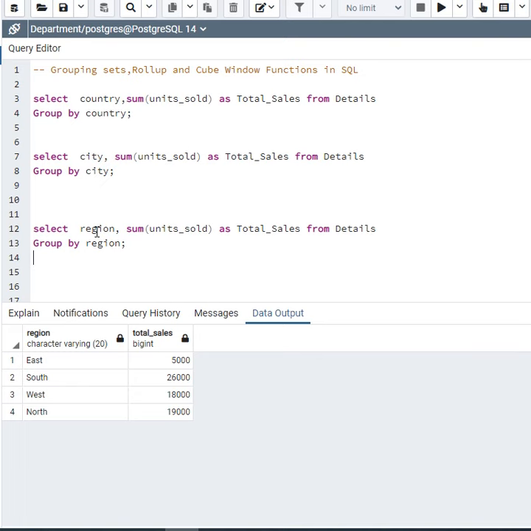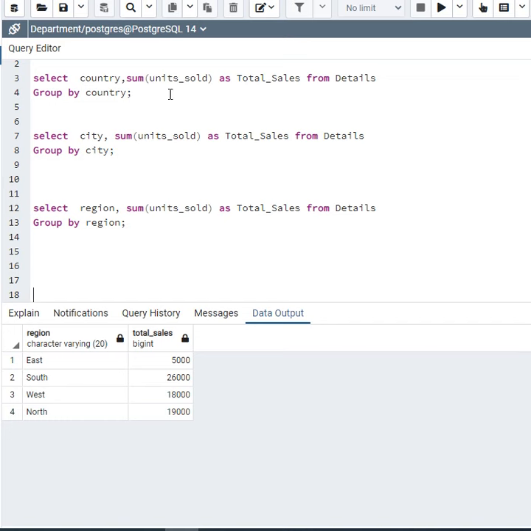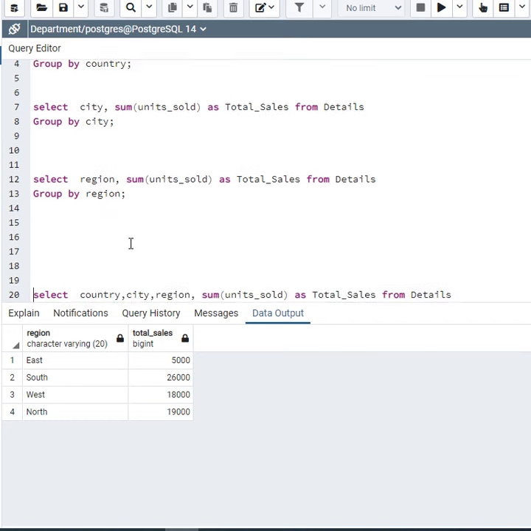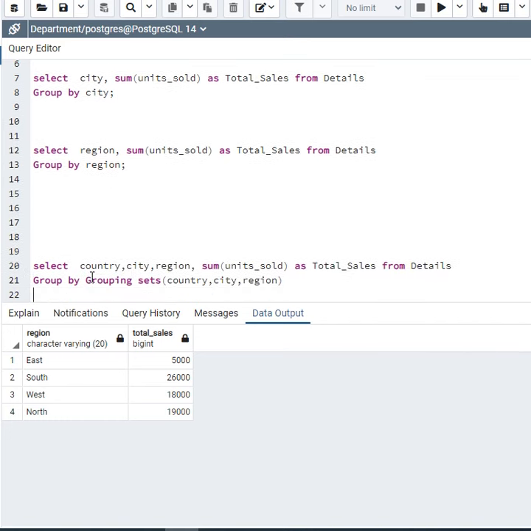So here I have the grouping sets function. I will use this function instead of writing these queries individually. I will write select country, city, region, sum of units sold, and I give the alias name total sales, from details, which is my table name, and group by.